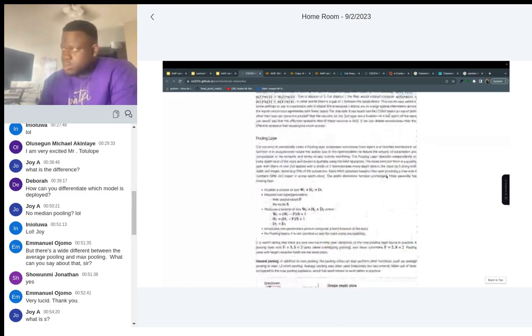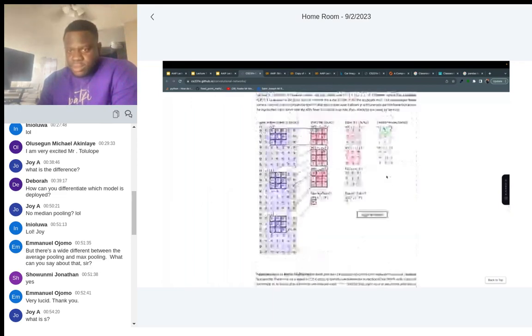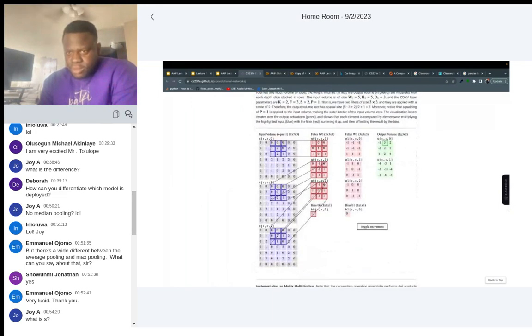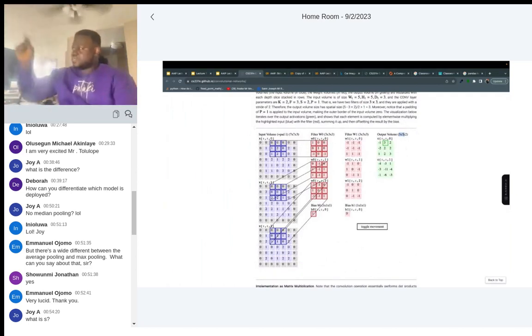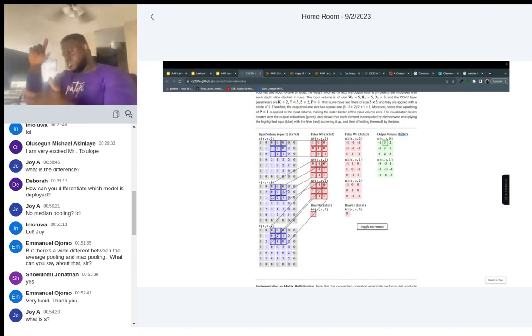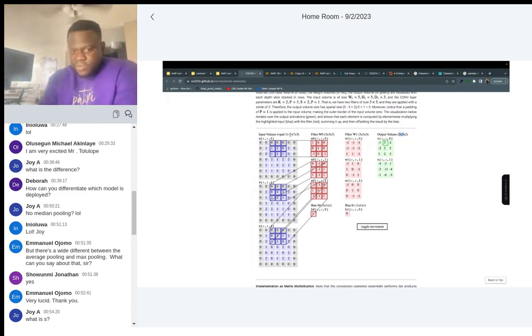And then it talks about, yes, please. You said that's how they got 3 by 3 by 2. The calculation gave us 3. How else did you determine what are the other numbers? No, so I told you that the image size will always have the same size. So length by the length, breadth, and depth. So now if you look at this, it is 7 by 7 by 3. So to calculate the 7 by 7, which is length by breadth, which will always be the same, 3 by 3 will always be the same. Does that make sense? So if you want to find the third layer, which is the 2 by 2. Now,